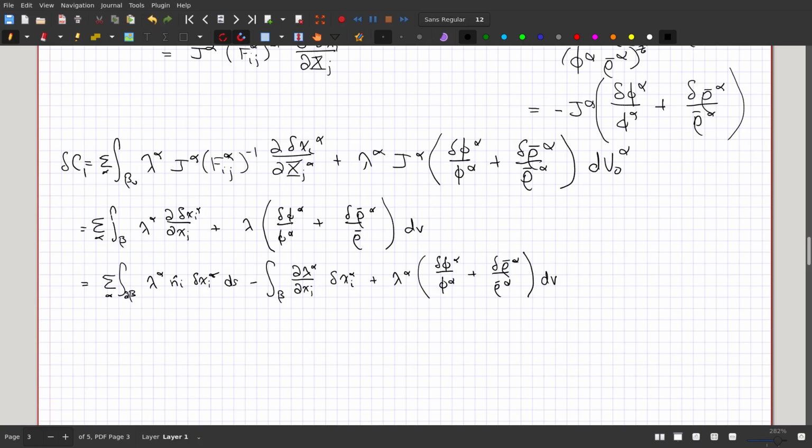I'll write it, I guess, also in vector notation, we'd have the sum over alpha, integral over the boundary, lambda alpha n hat dotted with partial xi alpha, minus the gradient with respect to little x